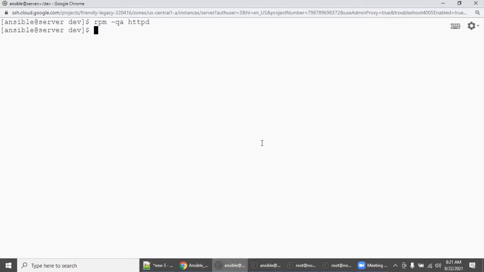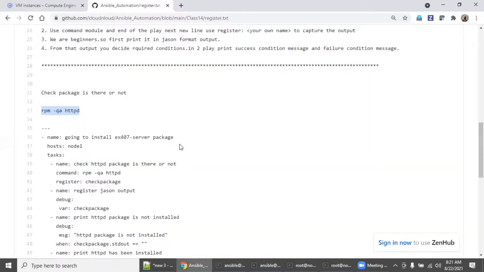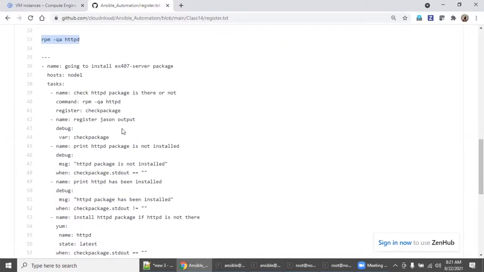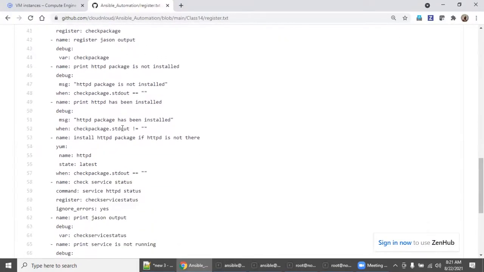So now what we'll do is, I'm going to use this window only for the playbook creation, right? So let's remove some existing files. We will create a new file called register.yaml. So it's a very clean YAML file. I'm not going to copy this, but I'm going to type the same, right?